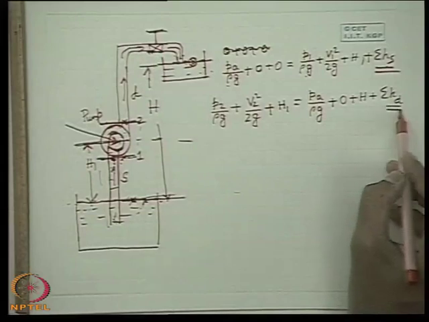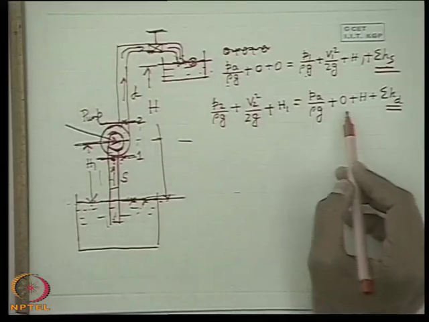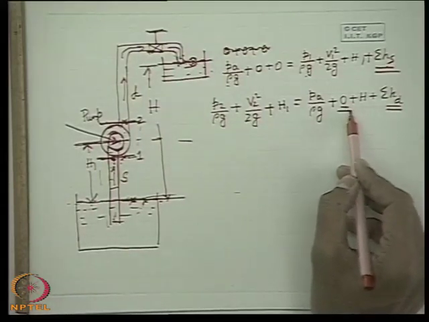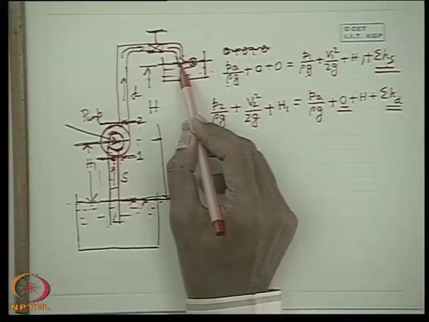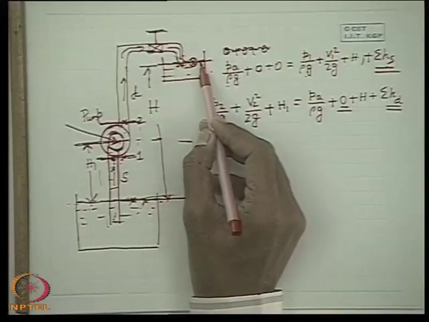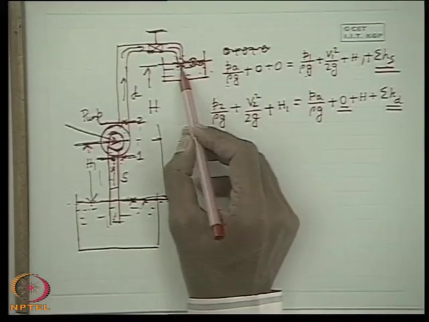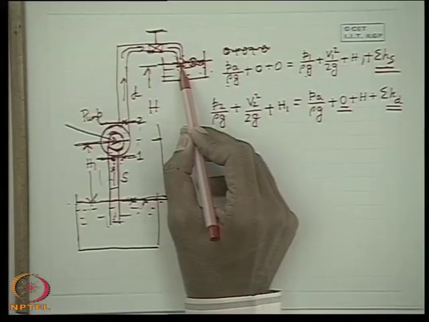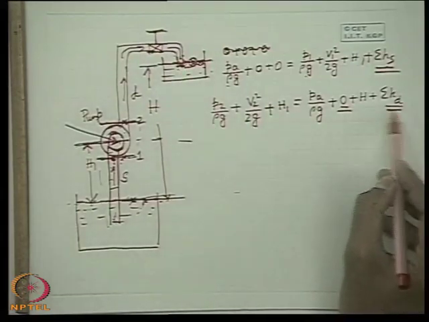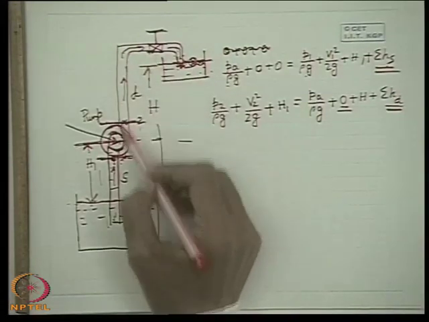So on the delivery side there will be many losses. So all the losses, including the exit velocity head, because I have not written the velocity head. You may ask, sir, why not? Because I am using the same thing I described in the last class. I am not taking a point at the discharge plane of the delivery pipe. I am taking a point at the free surface of the reservoir, where the liquid has become stagnant. That means the velocity head, which would have come if I had written the Bernoulli's equation at the discharge plane of the delivery pipe, has come within the losses. That means the exit loss. So exit loss, bend loss, valve loss, frictional loss.